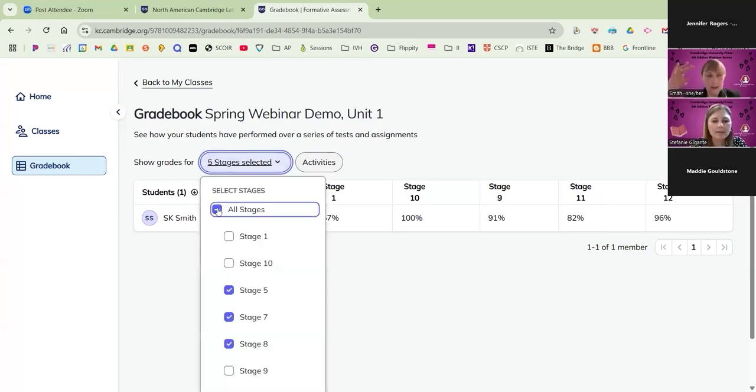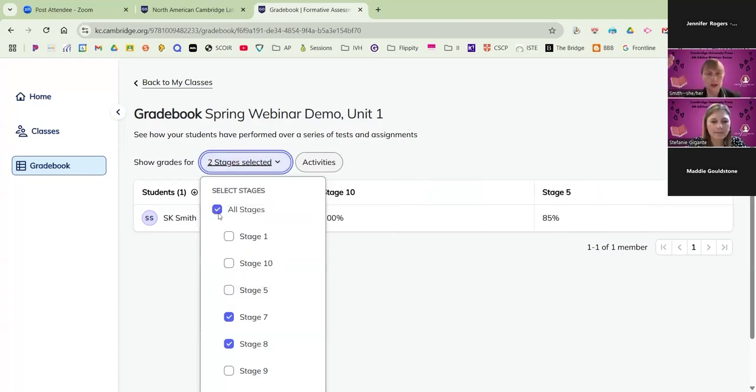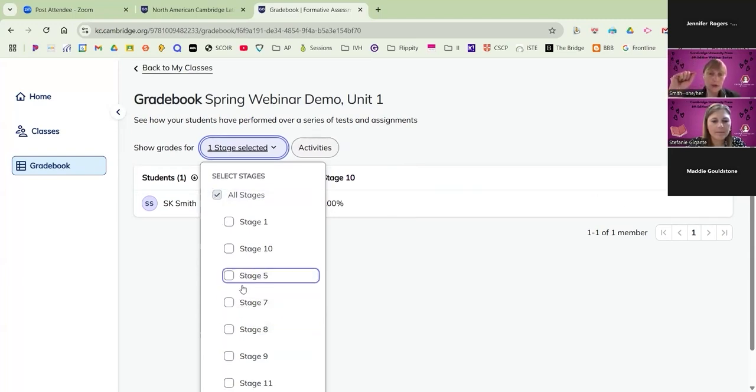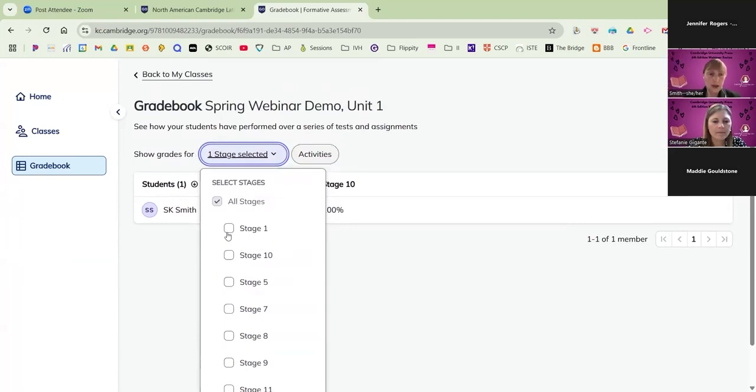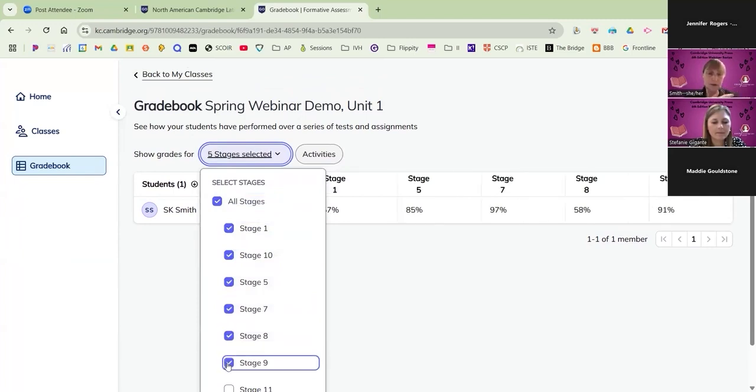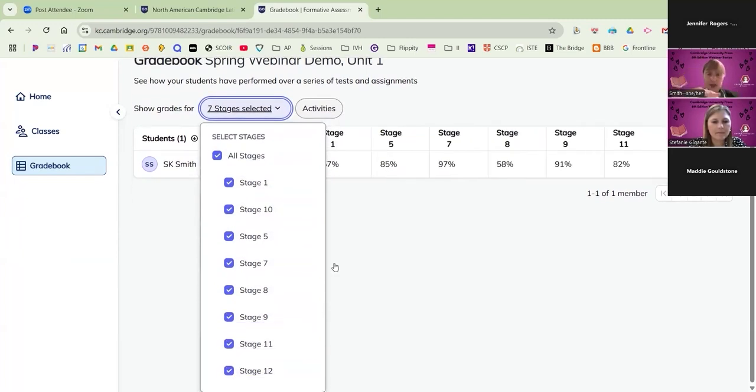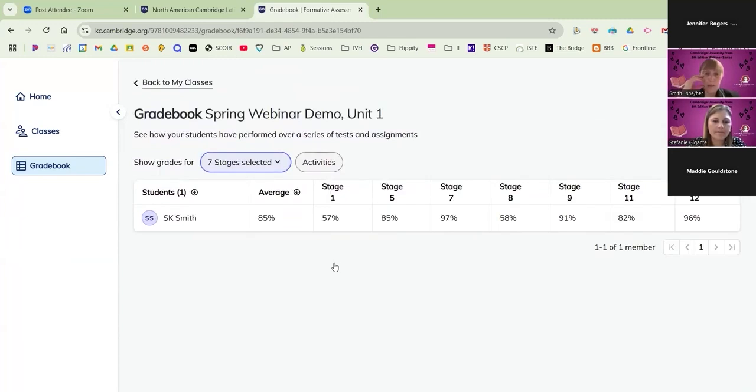Students don't have access to this, but they do have access to their own individual scores, and so they can keep track of how they're doing from their own accounts. They don't have their own personal gradebook. So if you want students to keep track of how they're doing, they can do the math on their own. But I think this is really important for trends, for them to see how they're doing, for you to see patterns in what's happening over the course of the year, where they were maybe when they had committed to the fall play and had taken on too much, and then when they were able to pick back up.